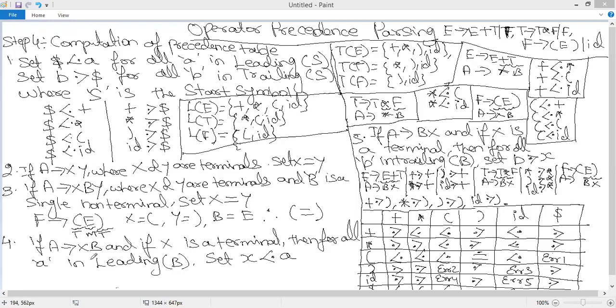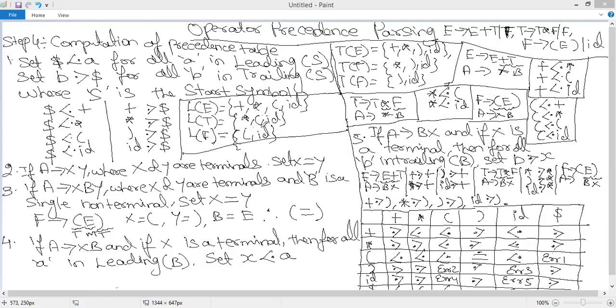So what are all the production rules present according to this format? You see here, E tends to E plus T. In this production rule, leave this E, you see here plus is X and the non-terminal T is B. So what is leading of B? Here leading of B is leading of T. So what is leading of T? Star,